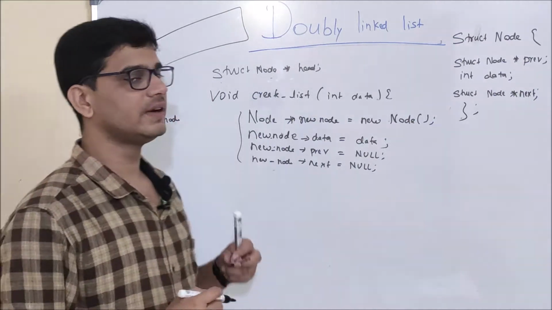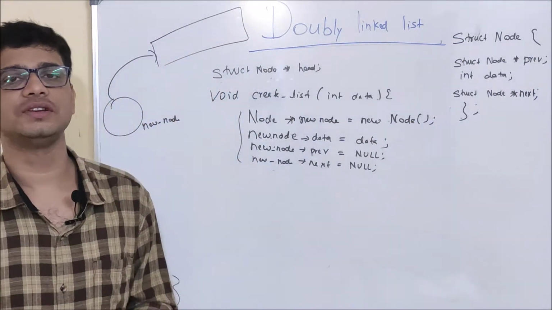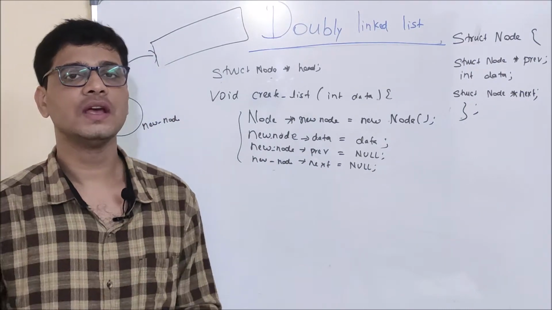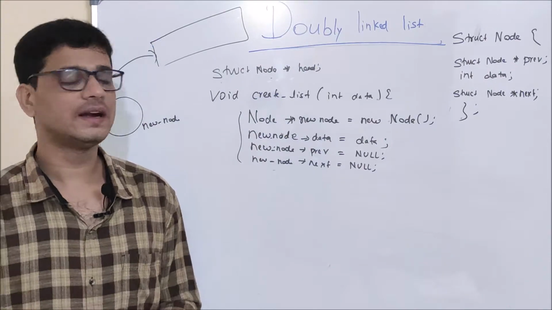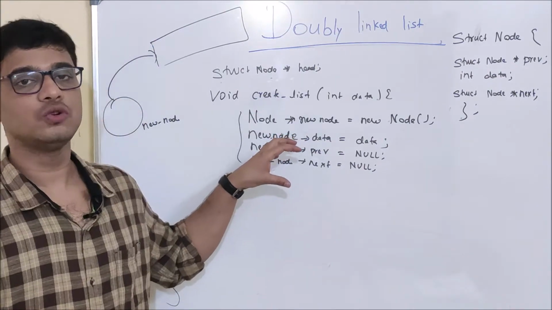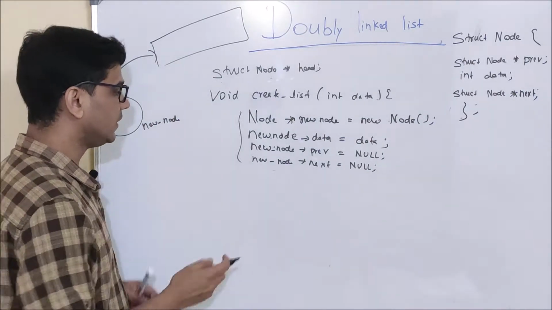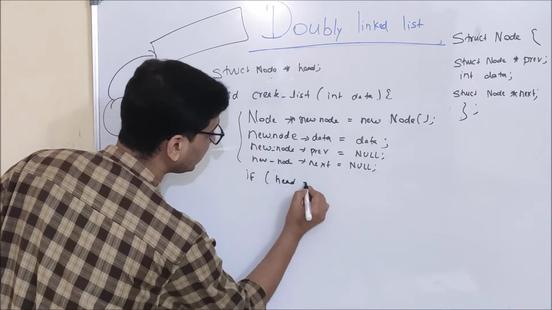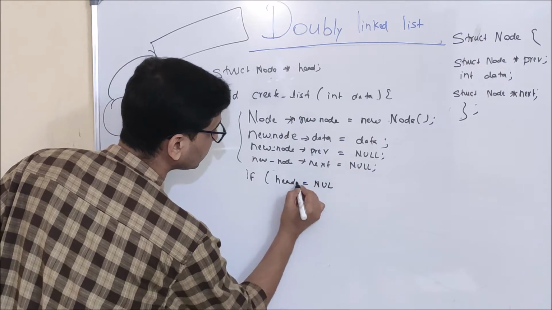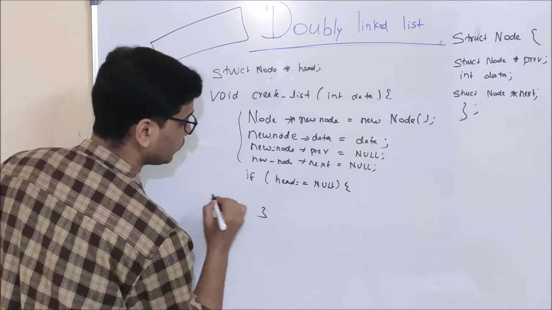Now after that, we will have to deal with two conditions. In the first condition, our linked list will be empty, that is, this will be the first item to be stored in our linked list. Let's deal with this kind of case. If our linked list is empty, then our head pointer will contain nothing. That is, if head is equal to null, then what will we do here?